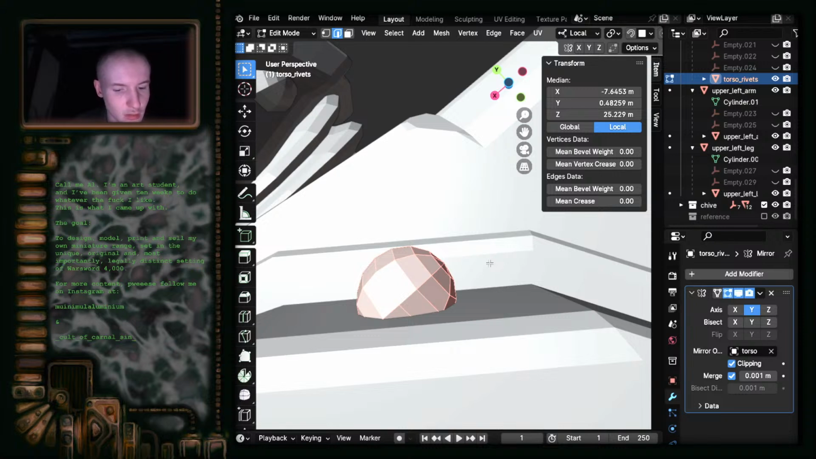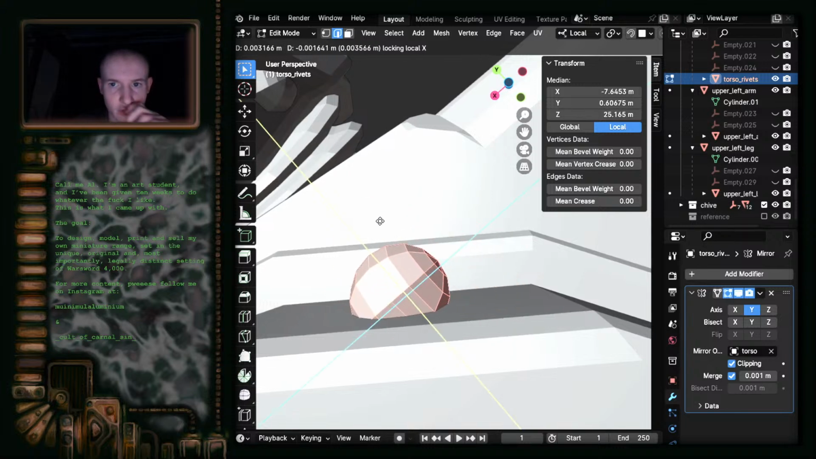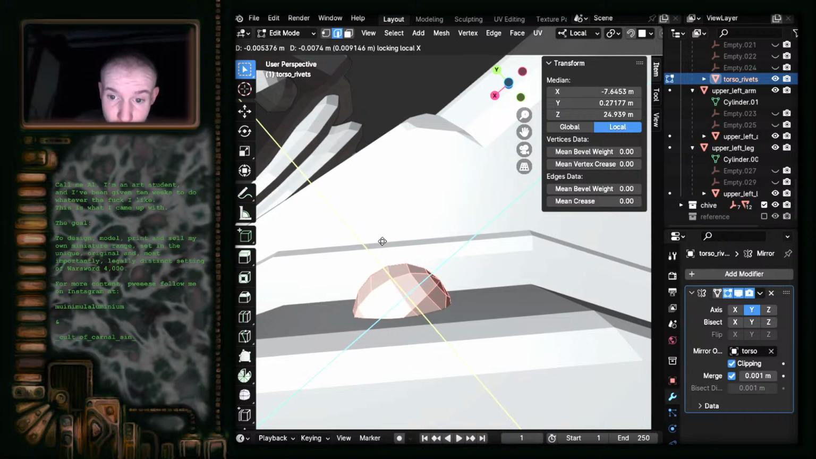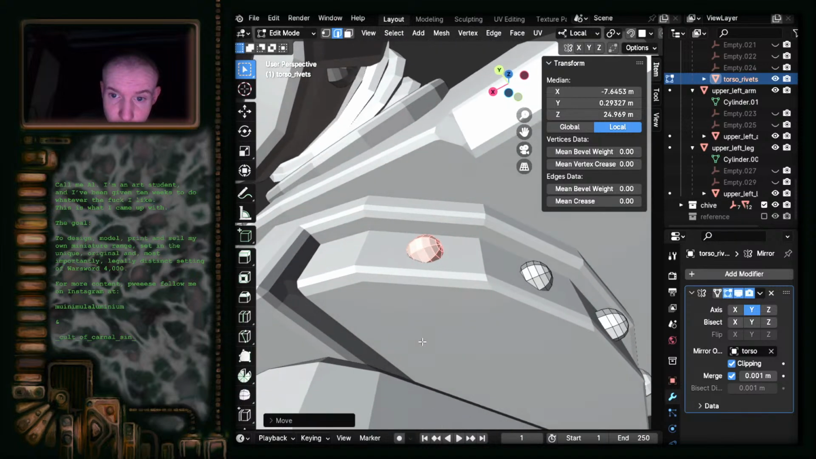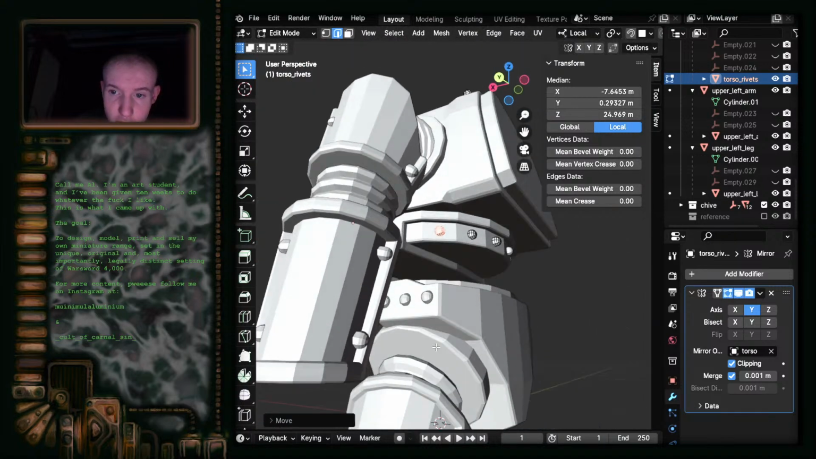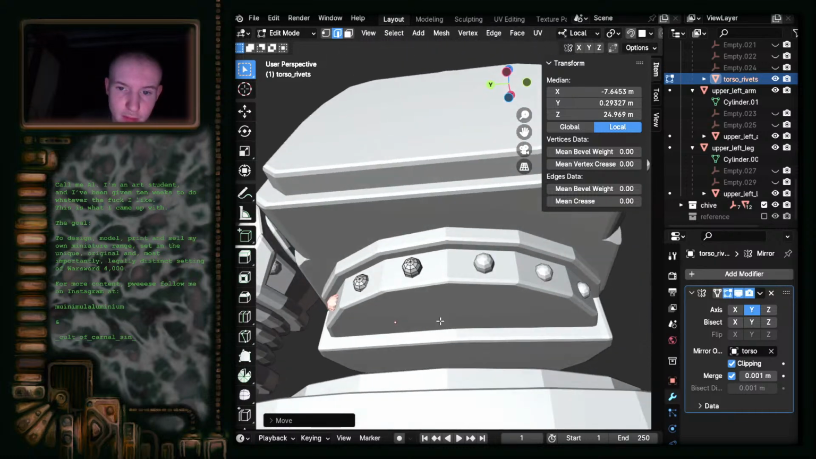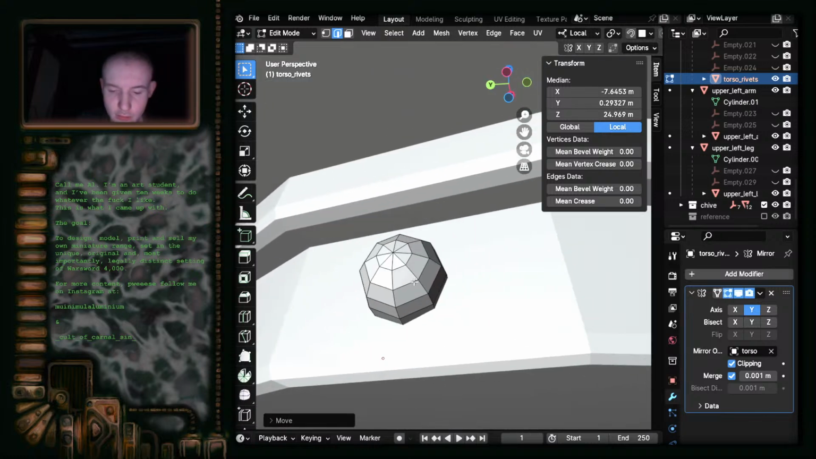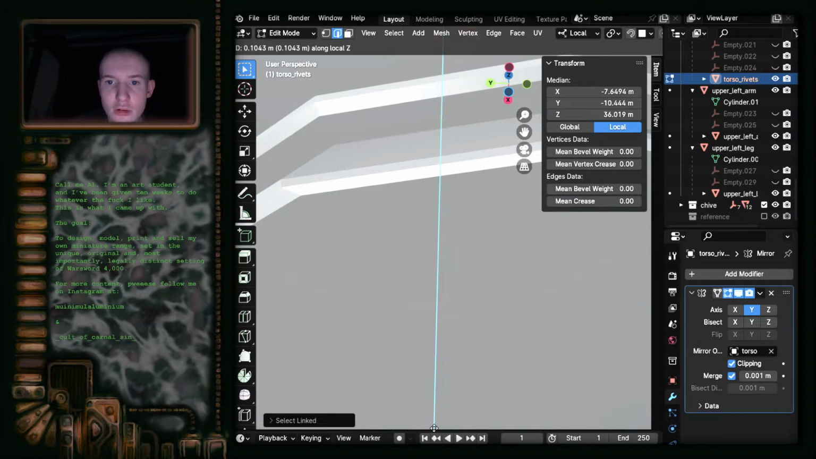Okay. G to move, shift Z, X, which means it can't move along the x-axis, which in local coordinates is up and down. It's good to use a mixture of local and global coordinates, depending on what you're doing. That's sticking out too much. GZ, because with local coordinates,